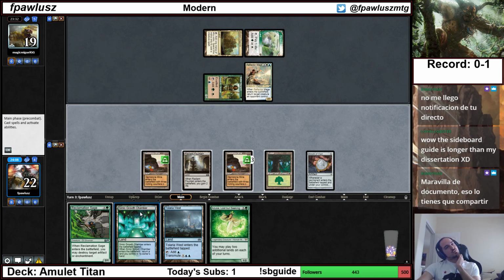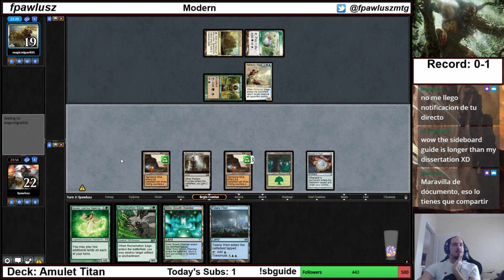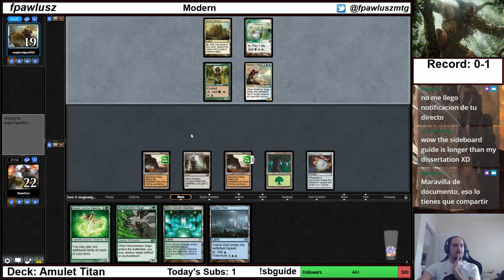I can use this turn to transmute. But I don't want to transmute because my opponent might... I think I'm just going to pass the turn here. I don't want to transmute because my opponent might have a Meddling Mage. And if they have a Meddling Mage, then, I mean, yeah, it's not good for me. So I think this is better. This kind of incentivizes...